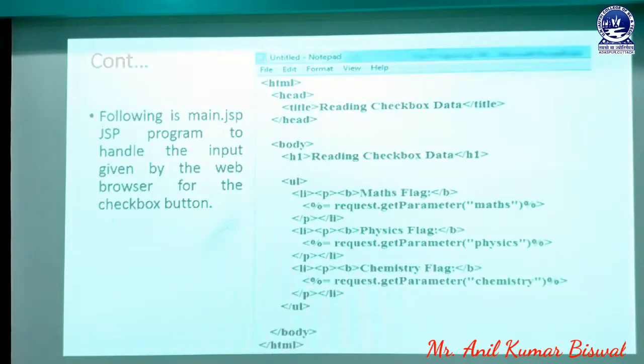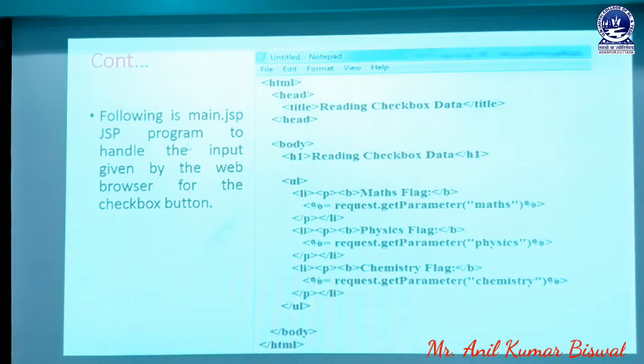So in this slide we have a page named main.jsp, which can fetch the values present in our HTML parameters. That means in the HTML page we have three checkboxes. Whenever the user selects two checkboxes and presses the submit button, the JSP page can retrieve the values of the selected checkboxes, and they are automatically displayed in our web browser, which is already explained in this slide.